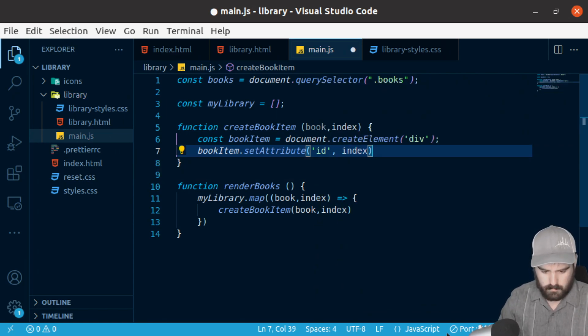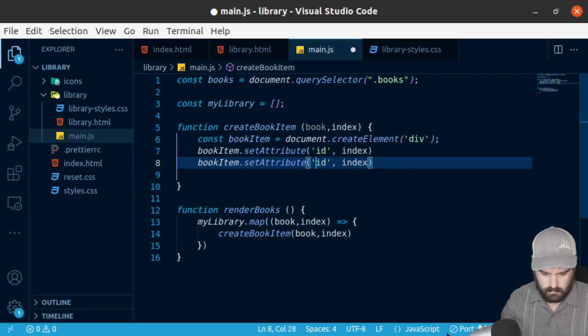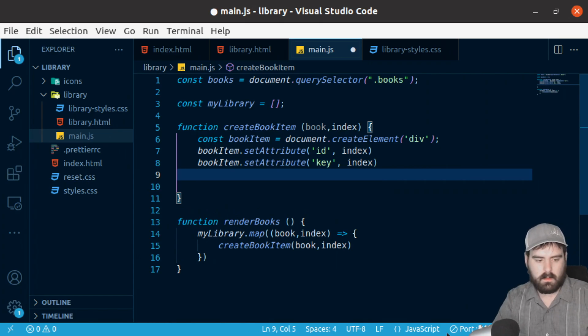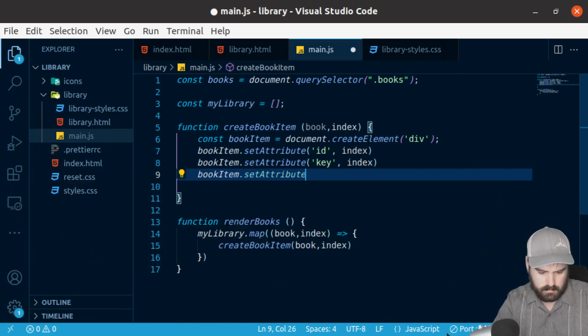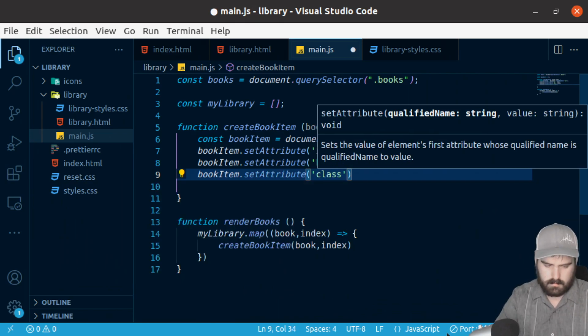Let's copy this and also do key is equal to the index. Let's set a class on it. So bookItem.setAttribute class, and we'll give it card, and